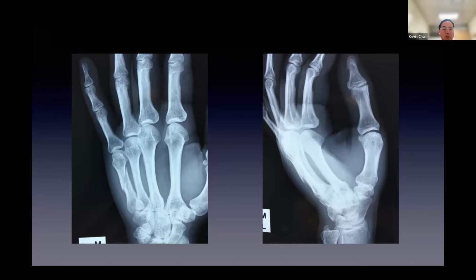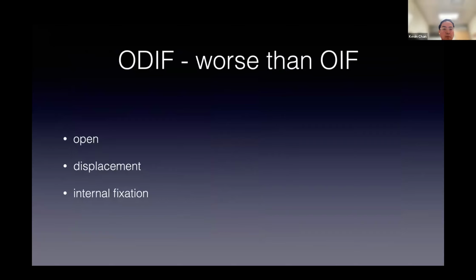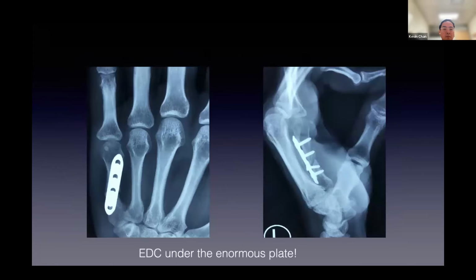He went to see a general orthopedic surgeon who decided to do an ODIF, which Paco knows what an ORIF is. That's an open reduction internal fixation, so without the reduction. An ODIF is an open displacement of the fracture with internal fixation. So he had this big bulky plate applied